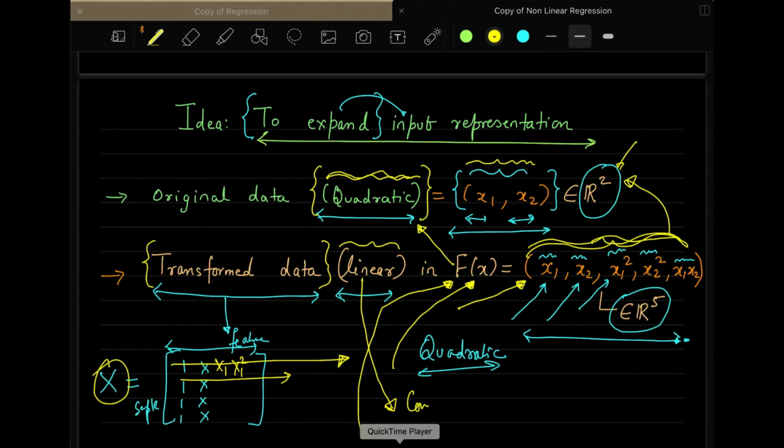In order to solve for a quadratic boundary, you increased the feature space so that your boundary became linear. Then you know some concepts of linear theory, and you can apply them here, and if you go back to the two-dimensional space, it is again quadratic. So it is in some way doing this job. Any questions here related to what I have discussed?